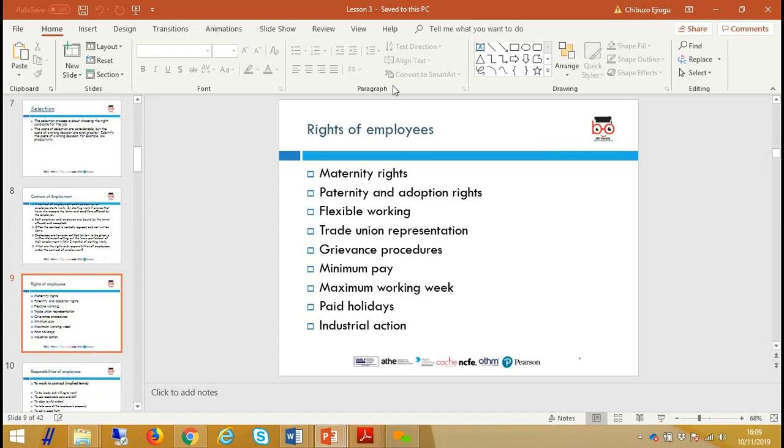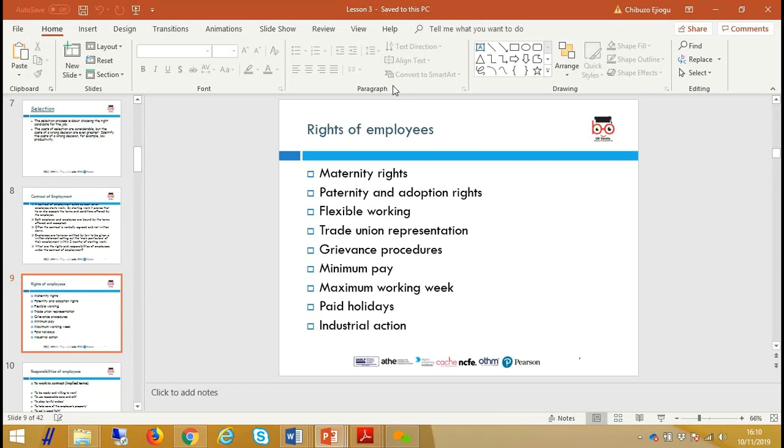The contract of employment would specify some rights of employees. Some examples of rights would include, obviously, maternity rights. You have the right to maternity leave if you get pregnant or you're a nursing mother. In some countries, and this is where I say the UK is quite different from some other countries, you also have similar rights for fathers. So we have paternity rights, parental leave, paternity leave, adoption rights. The UK even provides similar adoption leave where you don't have a biological child but you've adopted a child, you can also take leave. You are provided with entitlement to leave.